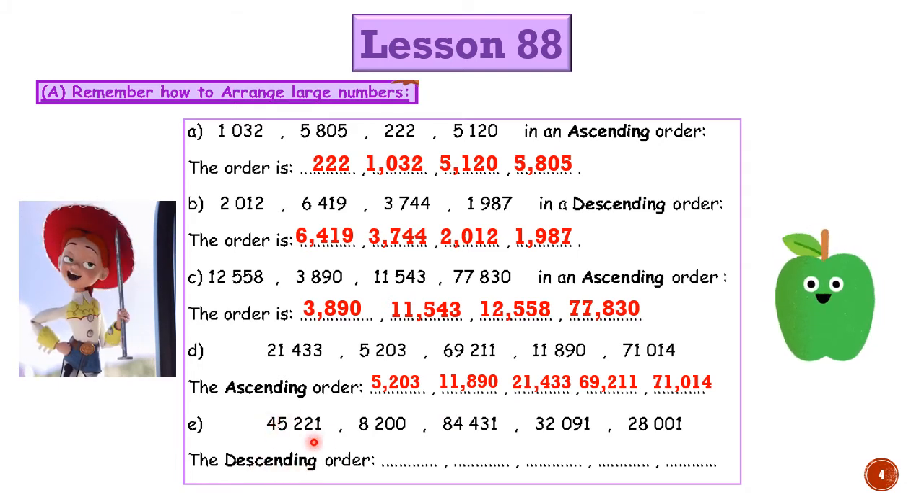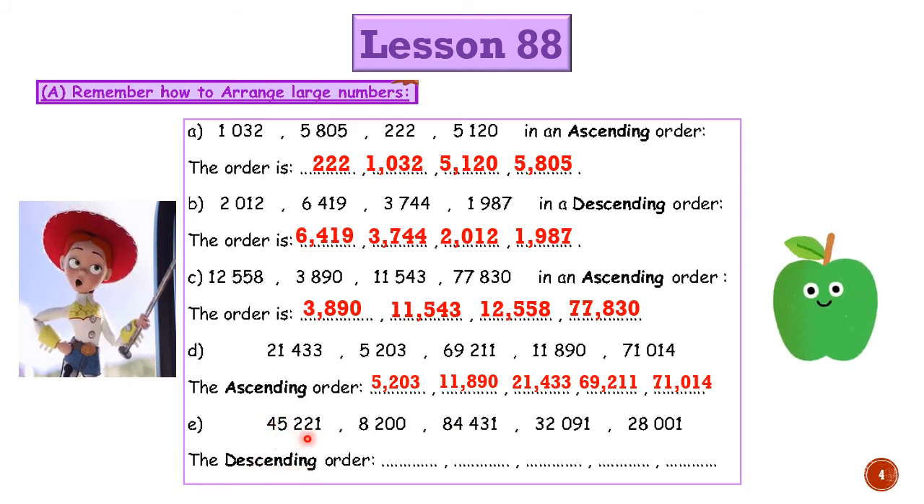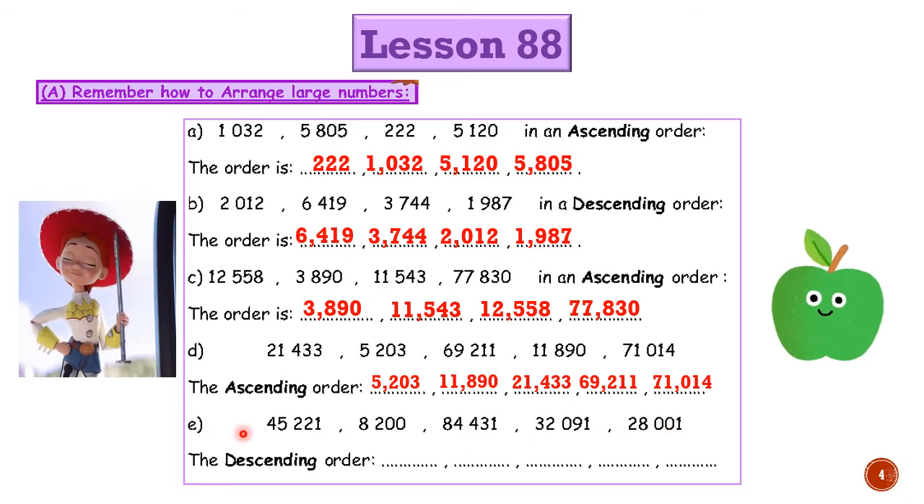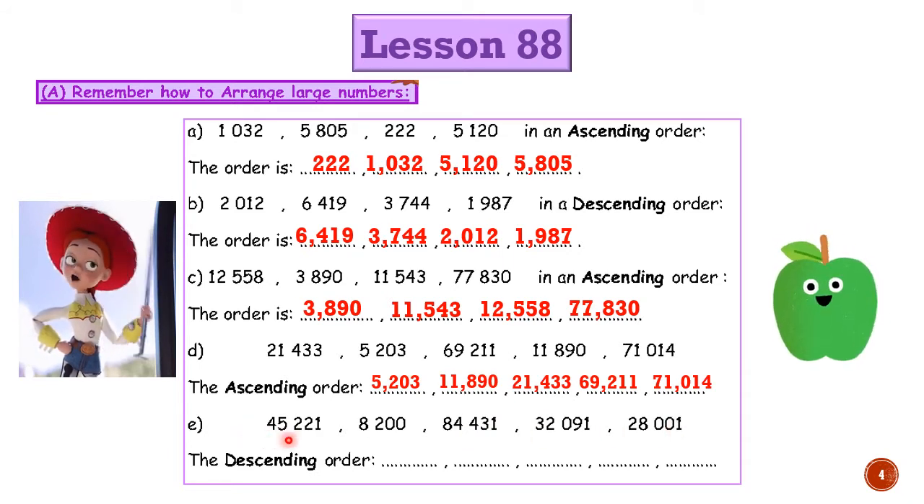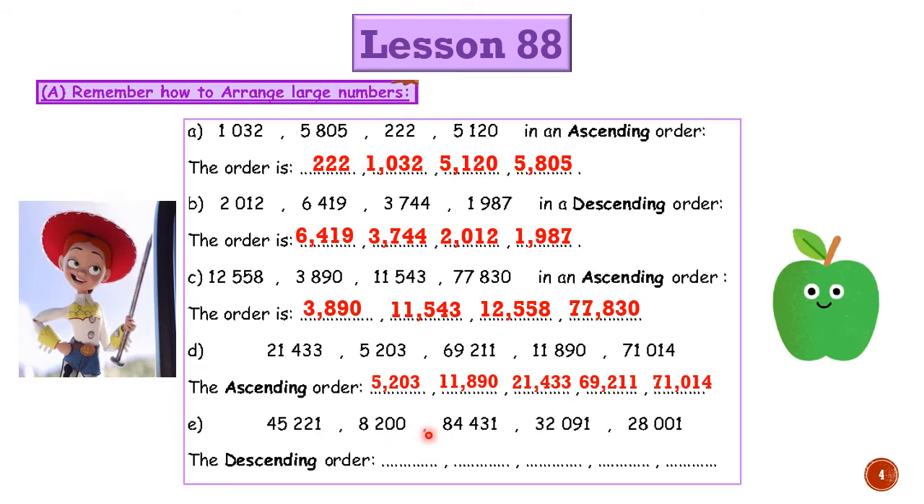Look here, we need descending order. Let's go for 45,221, 8,200, 84,431, 32,091. Here we have 28,001. First of all, descending means from the greatest to the smallest. Search about the number of digits. Here we have 5, 4, 5, 5, 5. Then look at the thousands place. Here we have 45, 8, 84, 32, 28. The greatest number here will be